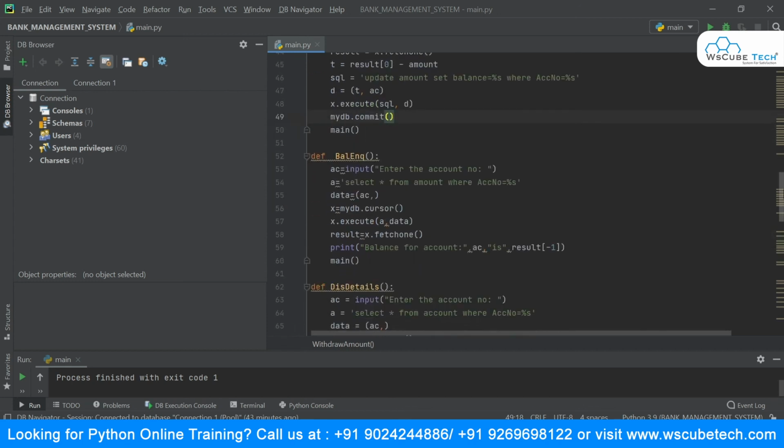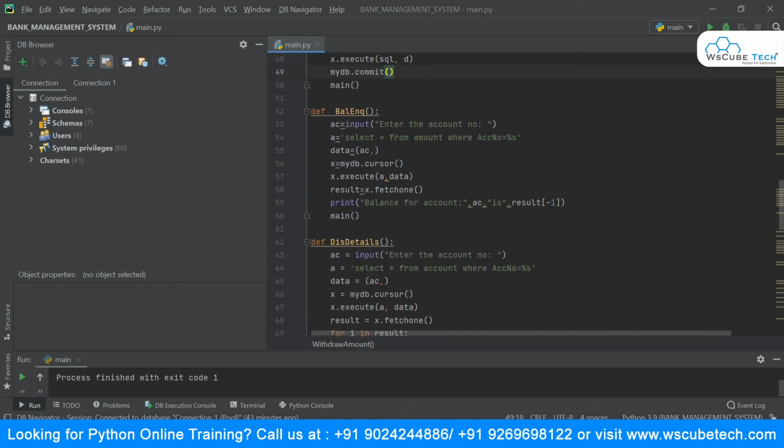And the next function that we had was the balance inquiry. So this balance inquiry is nothing but, in this case, the result will be displayed from the account table. All right. Sorry, the amount table. Okay. So whenever the customer says that I just want to do a balance inquiry, we are just going to display the records from the account table.